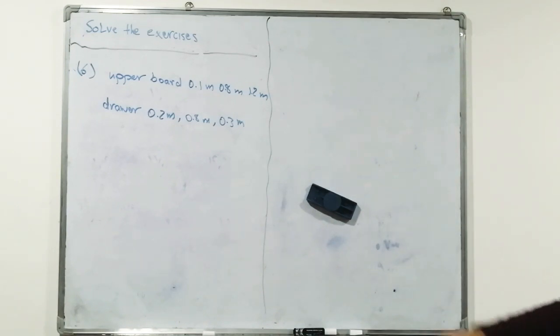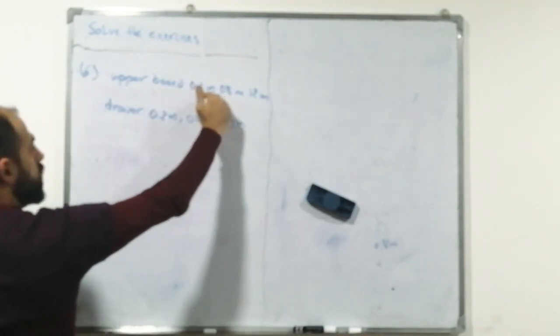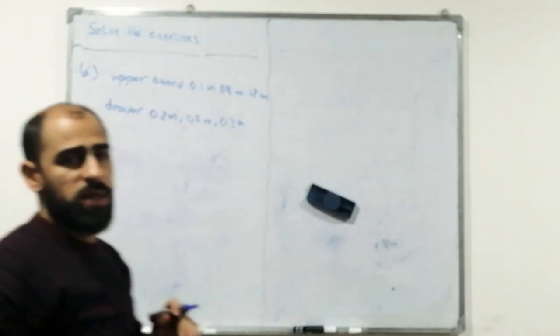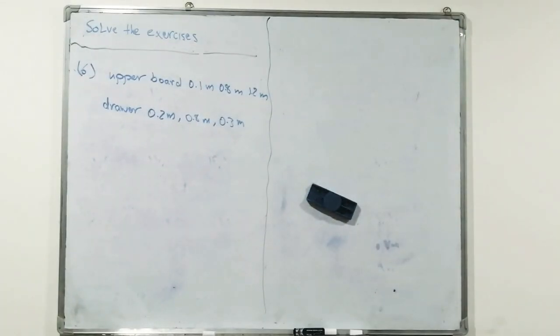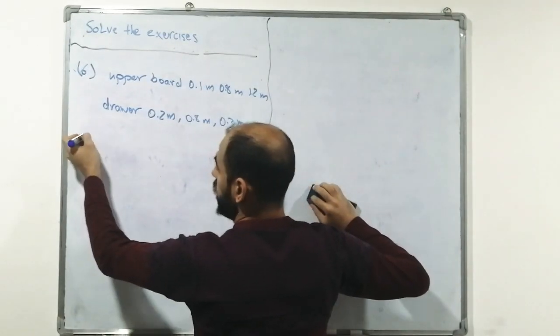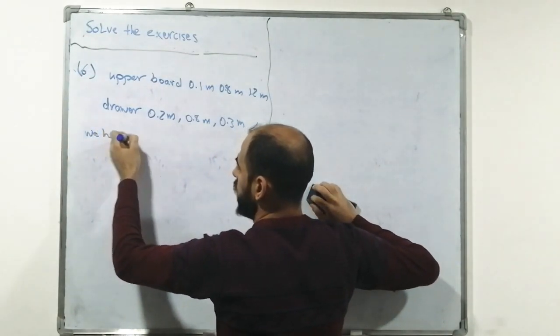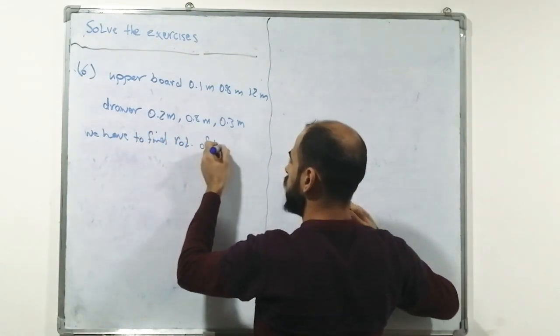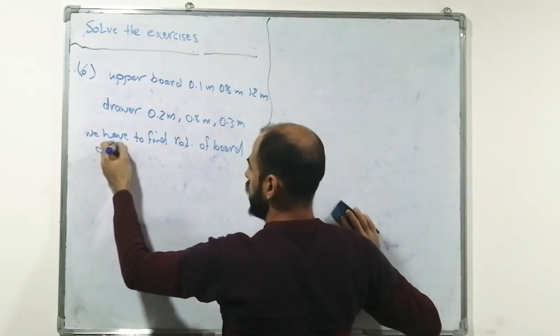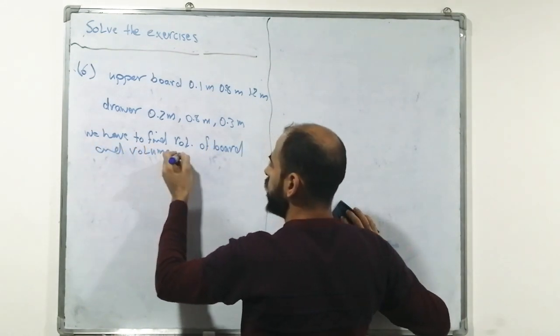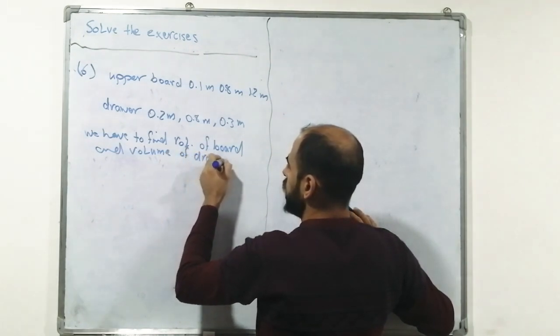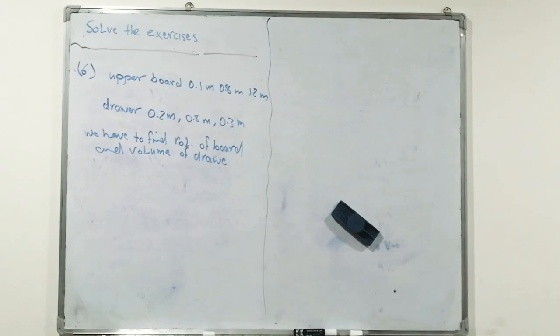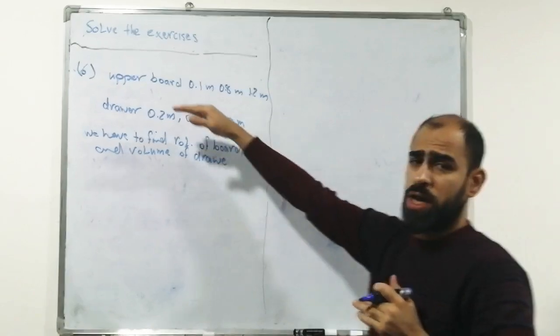Here we divided the table into the upper board and 6 drawers. So to find the volume of the table, we have to find the volume of the board and the volume of a drawer. Since each one of these 6 drawers are equal or matches,